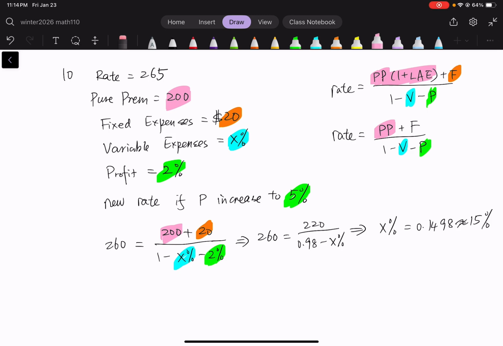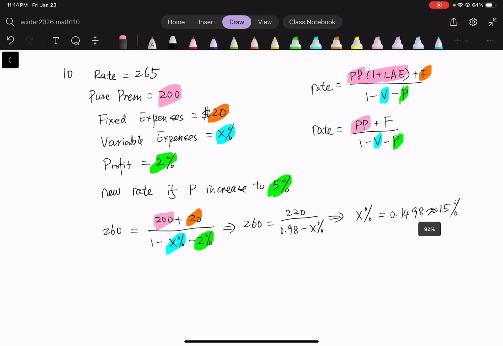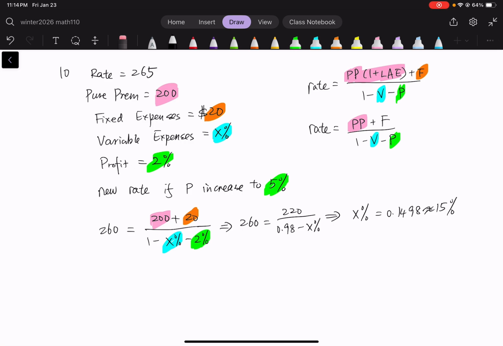And now I need to use this formula again because my profit margin is different. I want to know what is my new rate. It is equal to, still have $200 pure premium, still have the same fixed expenses, over 1 minus still have the same variable expenses, which is calculated 0.1498, minus, now the profit, instead of 2%, it's going to be 5% now. You put all this together, you'll end up with